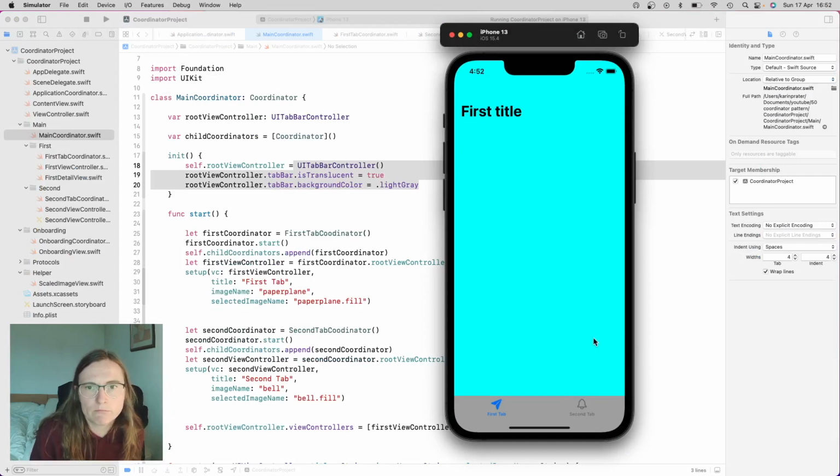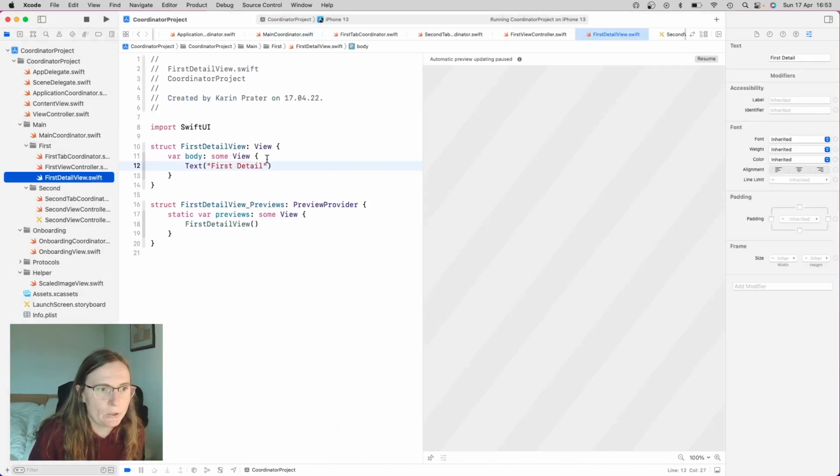Now that I have this, let's work on the main coordinator and then specifically on the first tab, because I want to make this more interesting, push to the detail and also pass some data between them. I have here one UIViewController and one SwiftUI view. So the data that I wanted to share,